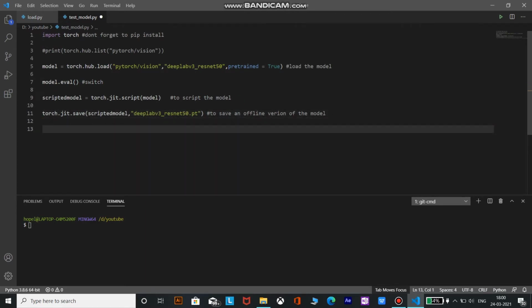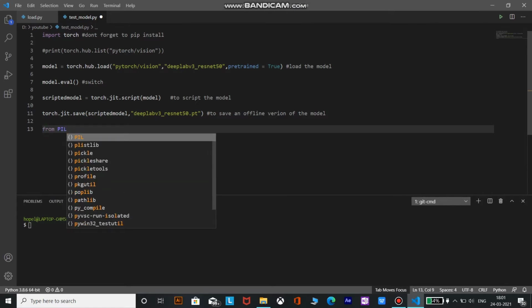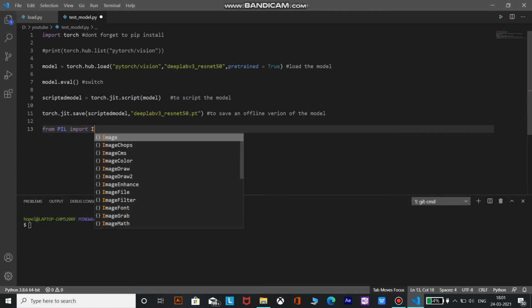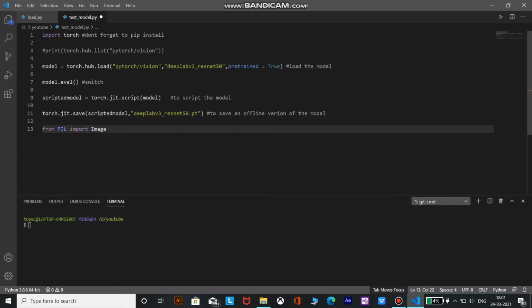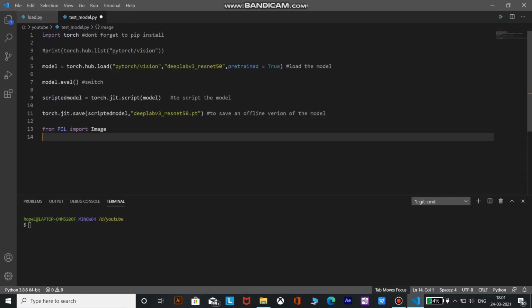First let's write a Python script that uses the model to make inferences and examine inputs and outputs. Here we are going to use PIL for reading the input images. From PIL import Image class. So PIL is the Python Imaging Library which provides the Python interpreter with image editing capabilities. The Image module provides a class with the same name which is used to represent a PIL image. The module also provides a number of factory functions including functions to load images from files and to create new